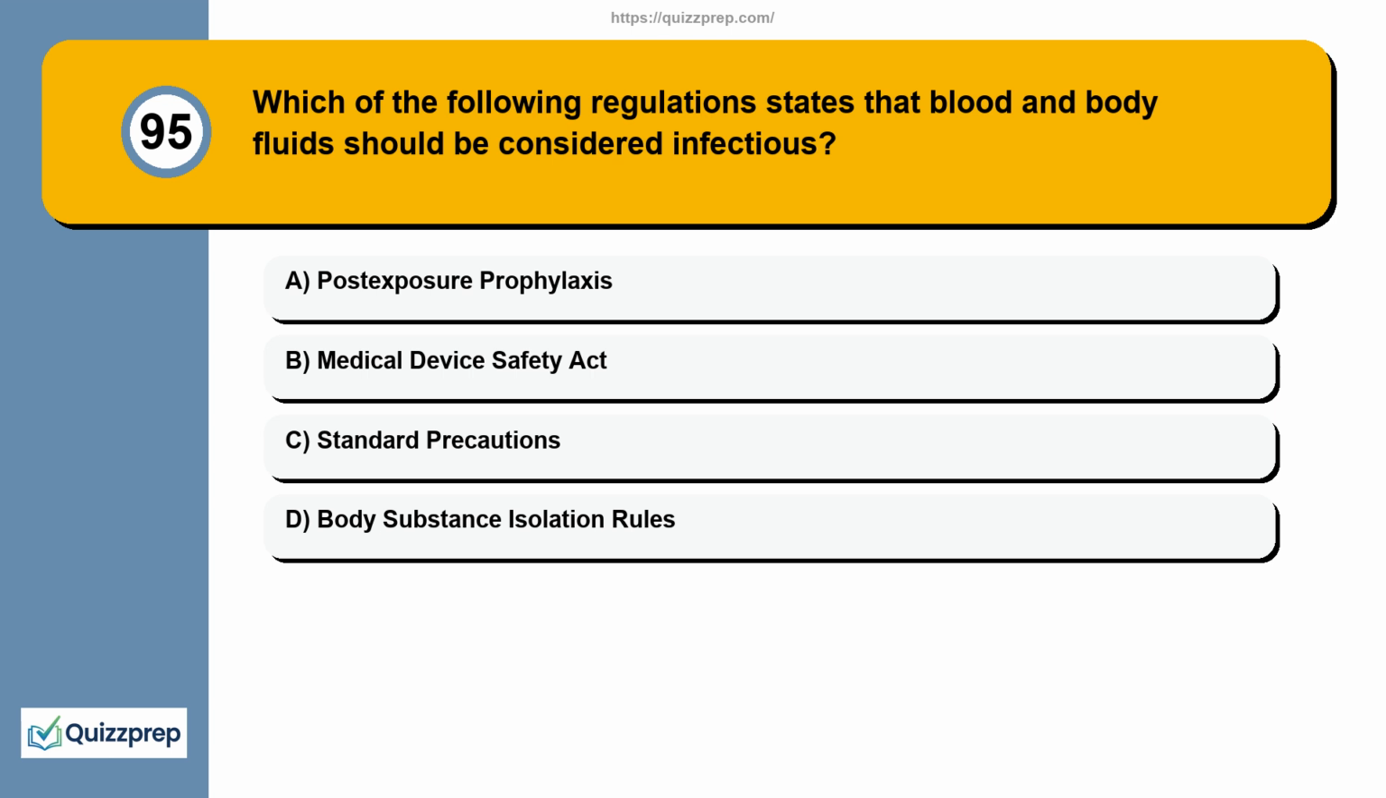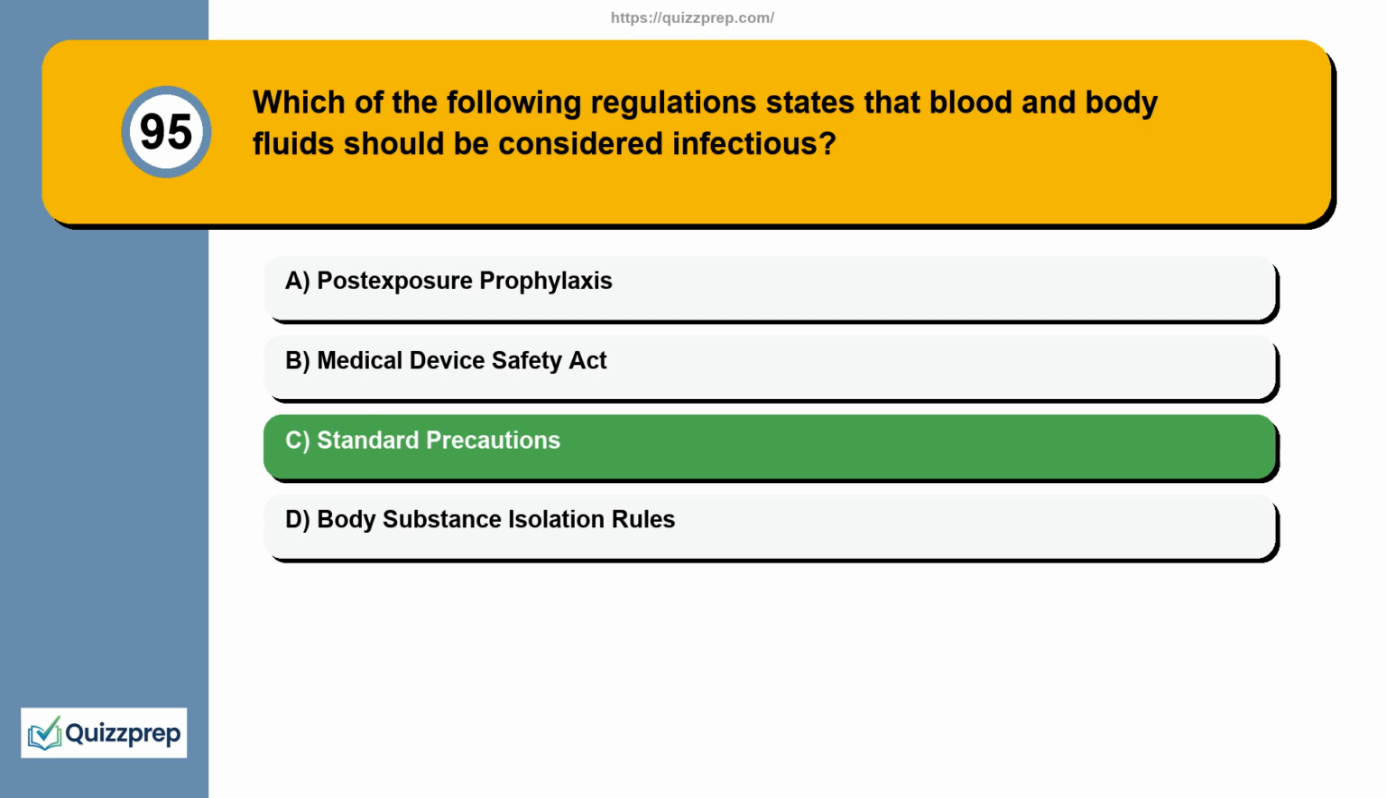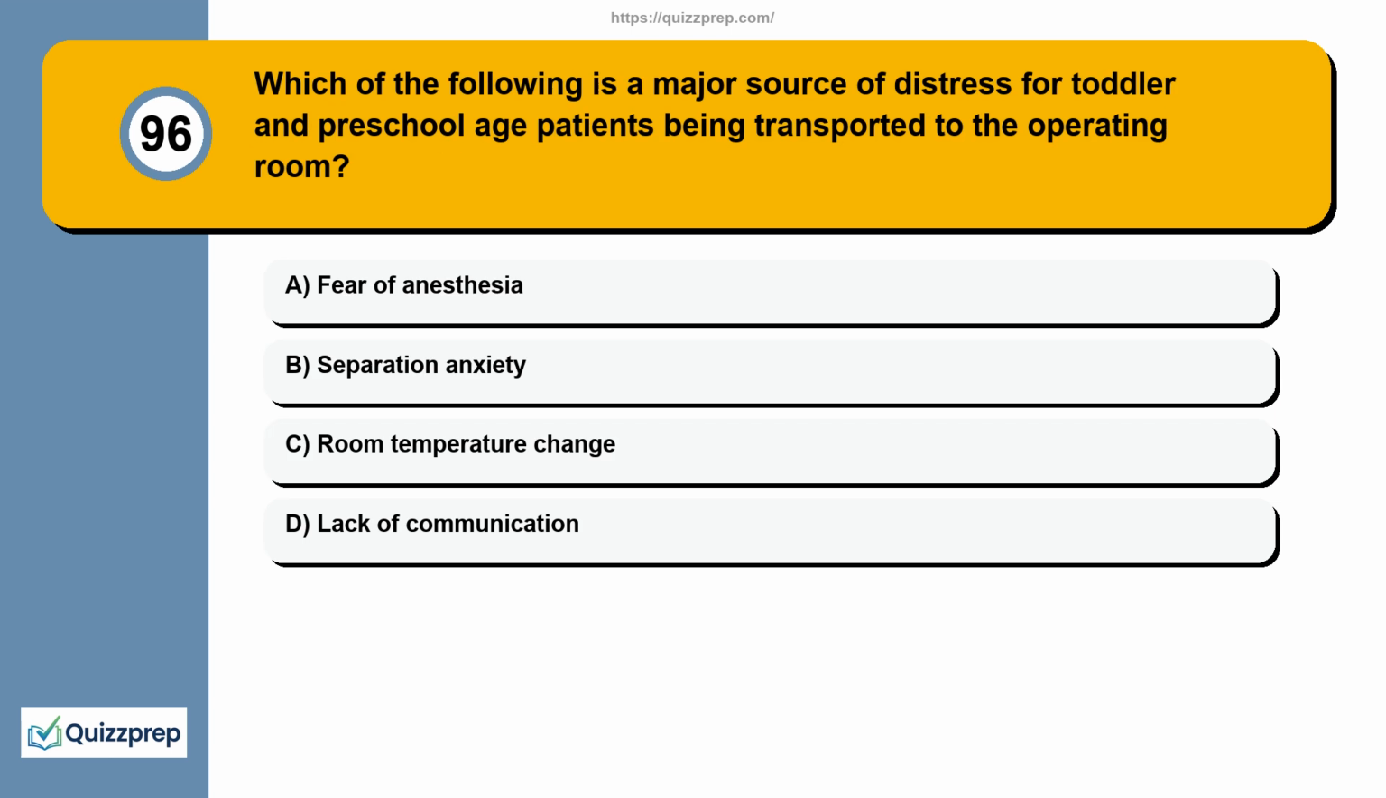Option A, post-exposure prophylaxis. Option B, Medical Device Safety Act. Option C, standard precautions. Option D, body substance isolation rules. The correct answer is option C, standard precautions. Question 96. Which of the following is a major source of distress for toddler and preschool age patients